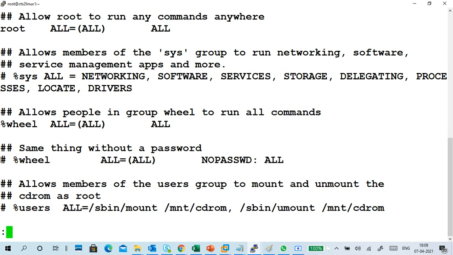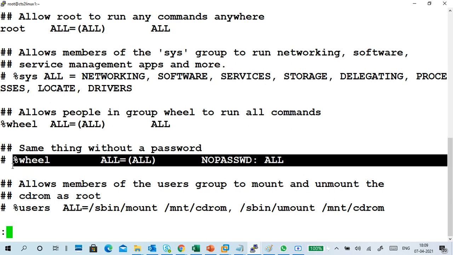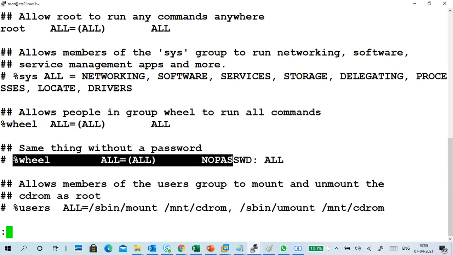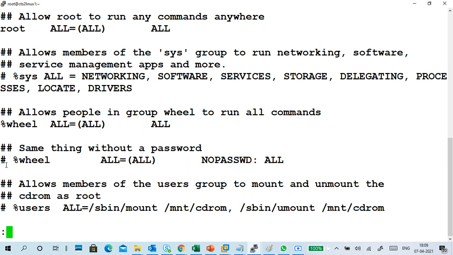So hashtag means comment. You know, in C language, C++, Java, we have commenting. Now we can comment a particular line. Like that in Linux scripts, we use a hashtag for a comment. So this line is in comment mode. This is not a comment; this is a working command. This is in comment mode. So we have to remove this hashtag here. You have to remove the hashtag, not percentage, hashtag only.